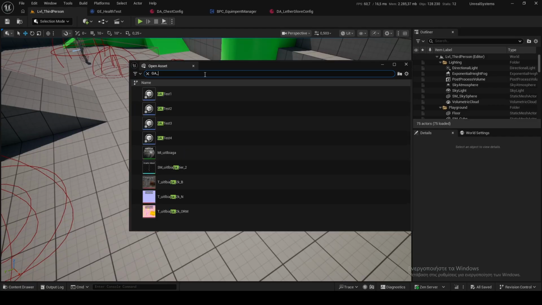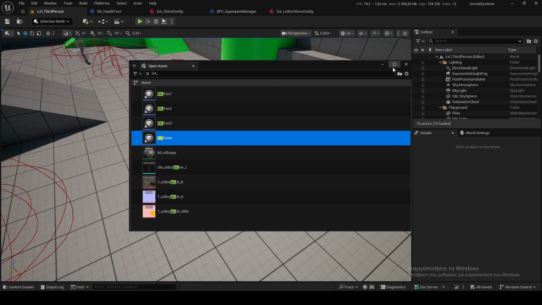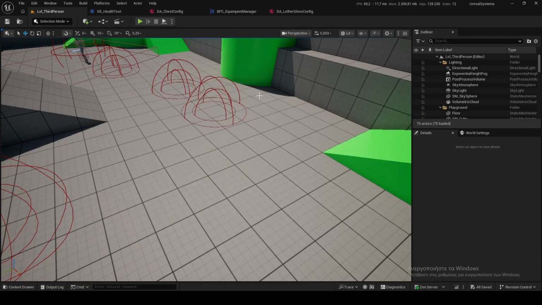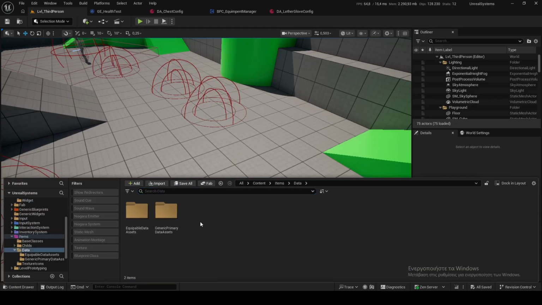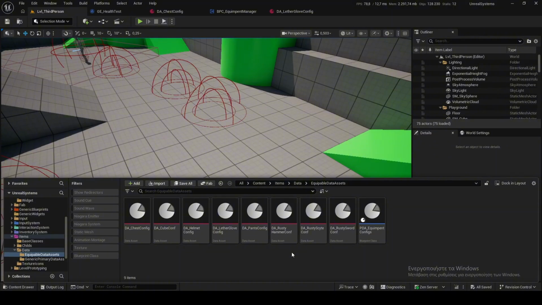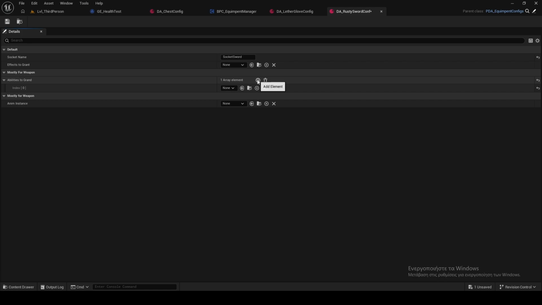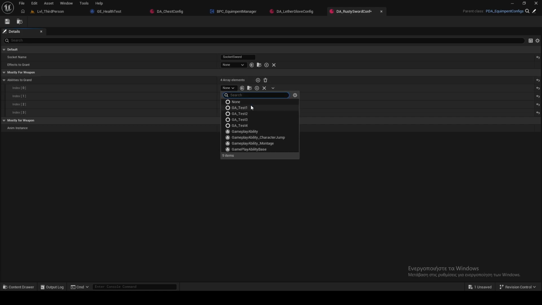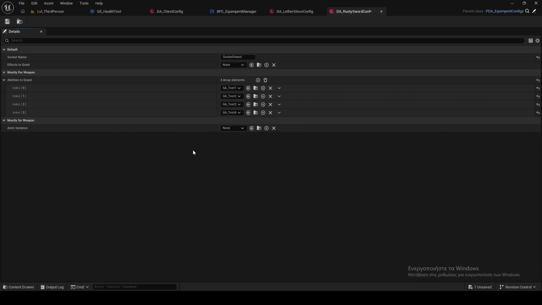Okay, I have some test abilities, and what I want to do is go back to the items, to the data, to the equipment data asset, and just for testing again, I can go to the Rusty sword config, and I can give the abilities like GA test 1, GA test 2,